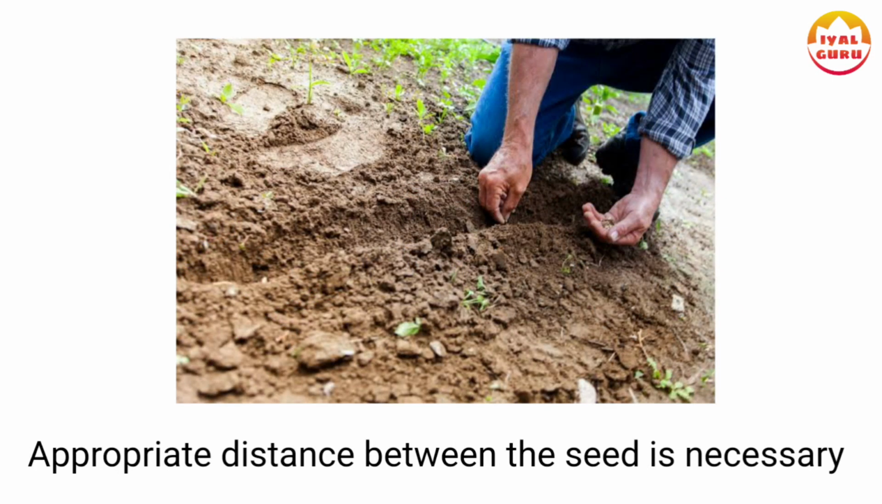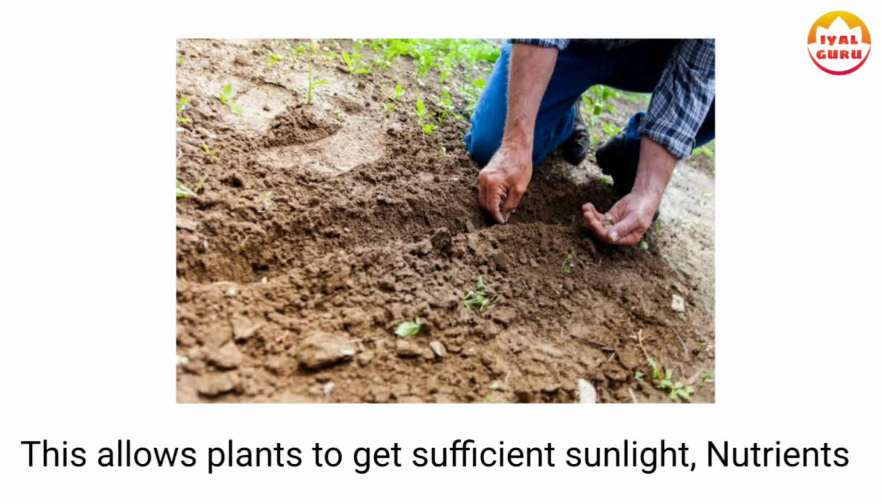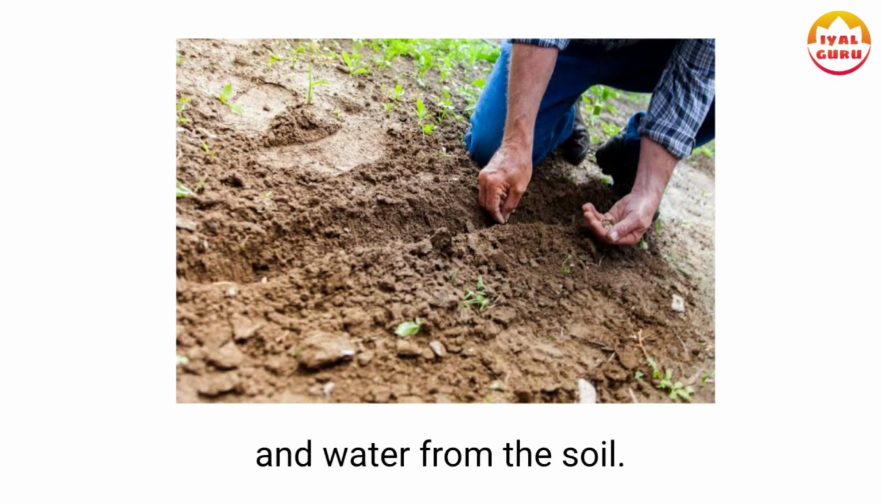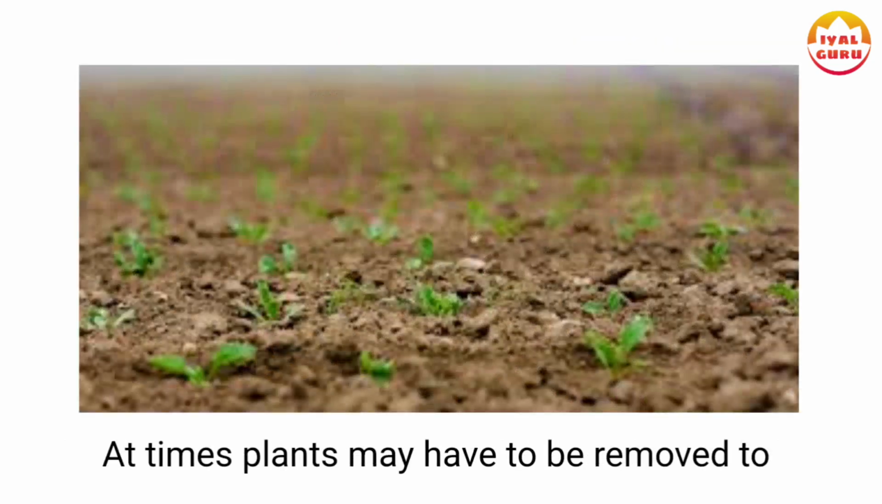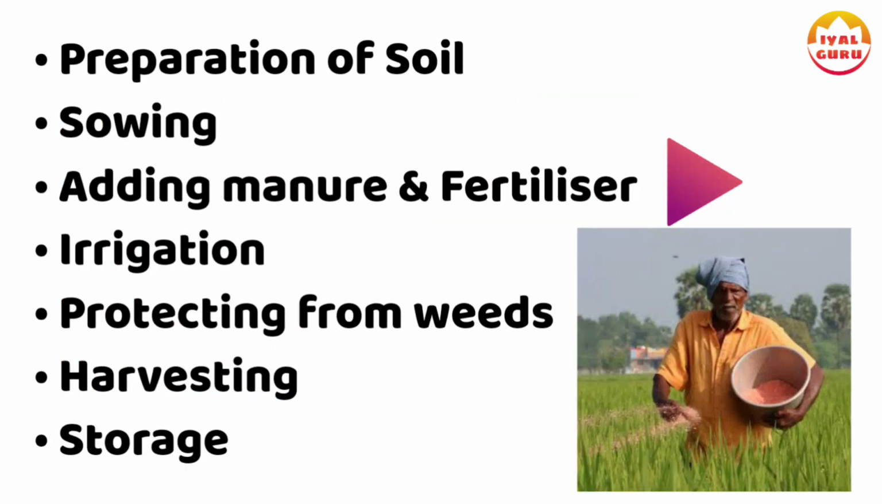Appropriate distance between the seeds is necessary to avoid overcrowding of plants. This allows plants to get sufficient sunlight, nutrients and water from the soil. At times, the plants may have to be removed to prevent overcrowding. Now we see the next step,